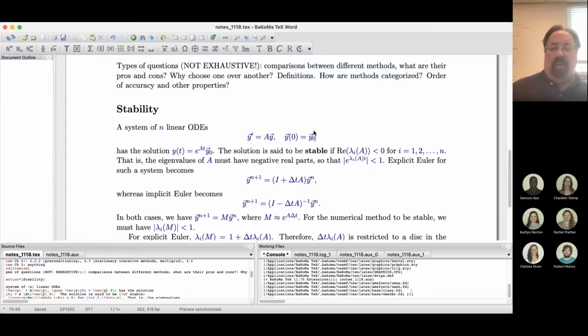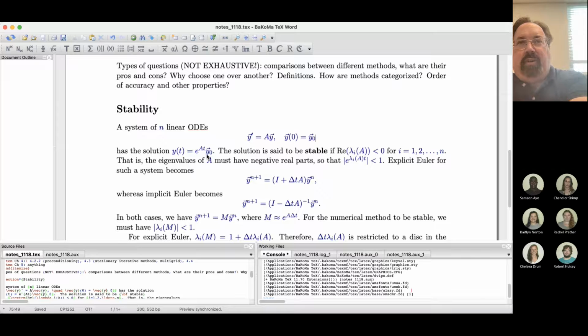Okay, so we know what the exact solution of this is: e to the At times the initial data. So any numerical method is going to try to approximate this in some way. Now, kind of unfortunately, the term stability is going to be used in two different ways in this topic. The focus is on stability of numerical methods, but stability also applies to